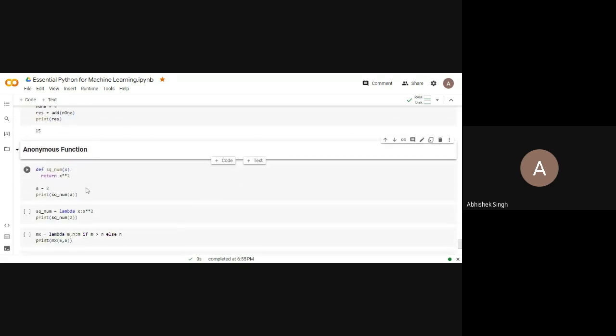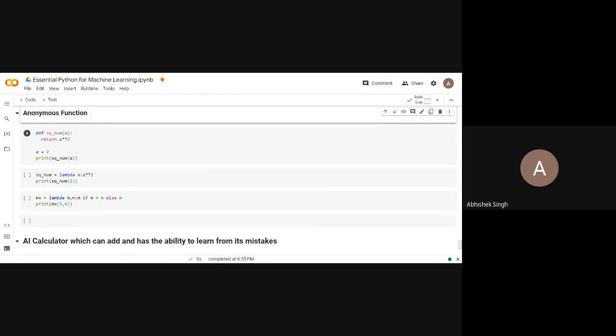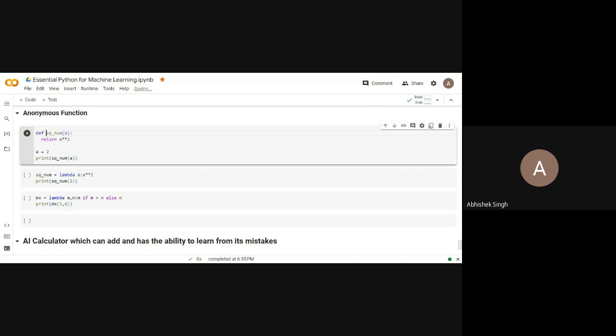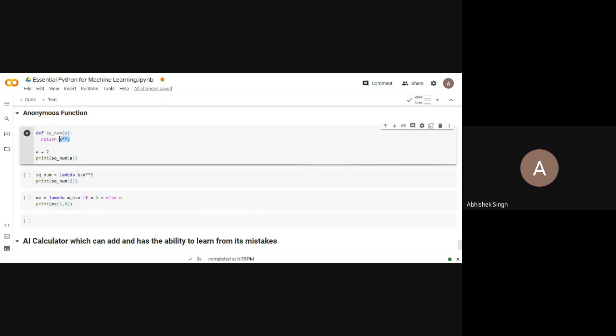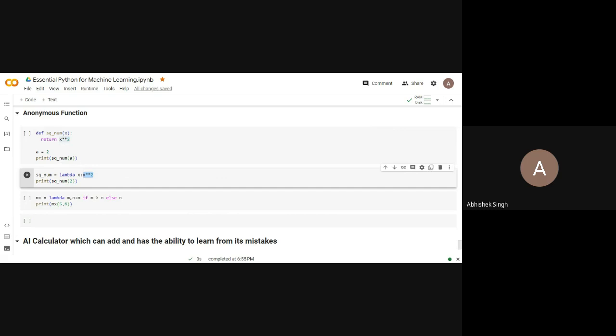Okay. This is the most important thing, anonymous function. So anonymous function is basically writing a function without def and without return. So normally what we write is like this. And if I have been asked to write this using anonymous function, then that is called lambda. So I'm writing the function name here. Then equal to lambda is the keyword. Parameter, which parameter? X. What is this x doing? X squared. And then print function 2.